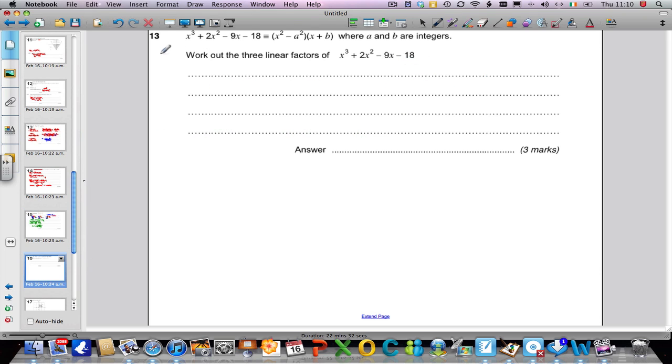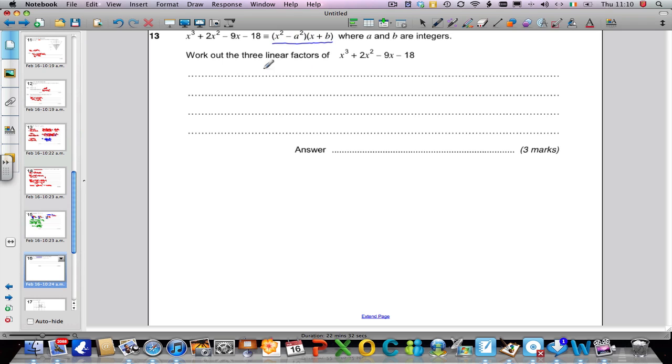Right, question 13. We're given an identity here, and we're asked to work out the 3 linear factors of that cubic expression. Right, one way of doing this question, the first time I saw this question, what I did was I expanded everything out and we solved for coefficients of a and b. There's actually a little bit of a quicker way of doing it. If you look at this, x squared minus a squared, that's the difference of two squares. So